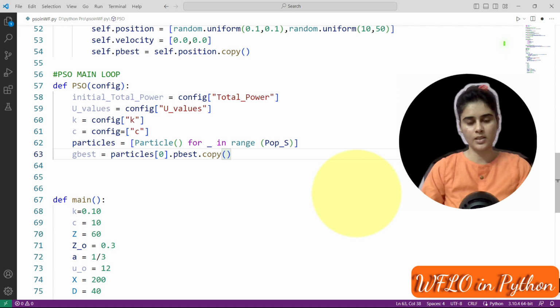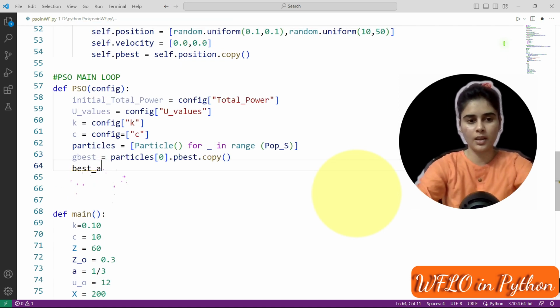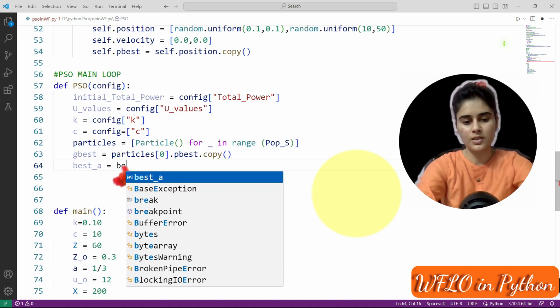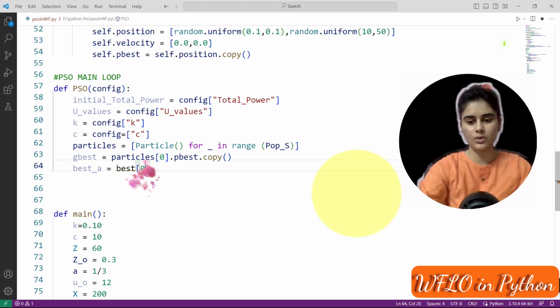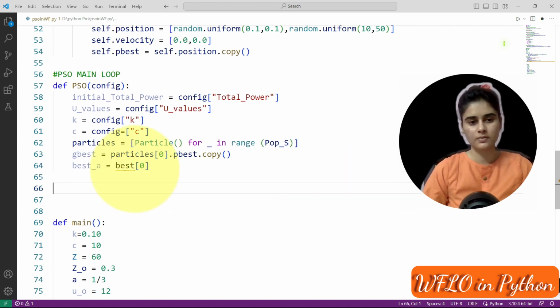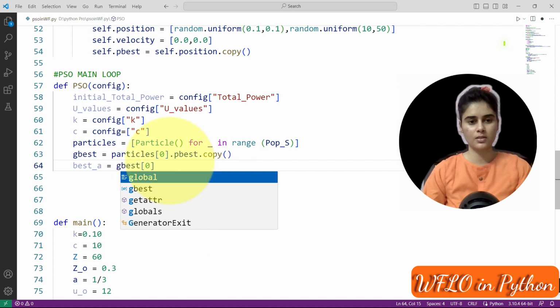Best of A is G best at 0, that is the best value. This is G best.